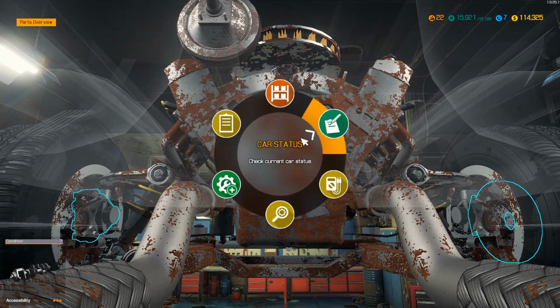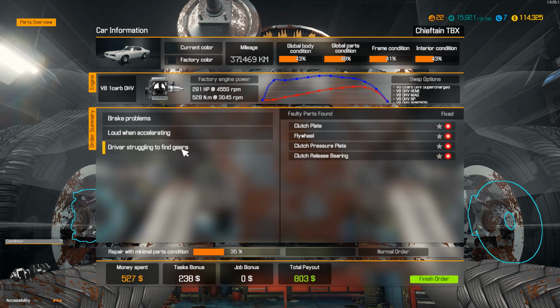So let's go and have a look at what we need. Okay, we need a clutch plate, a flywheel, a clutch pressure plate, and a clutch release bearing. So once again, we'll take a photo. So we've got it there on memory, and then what we'll do is we can go now and buy it